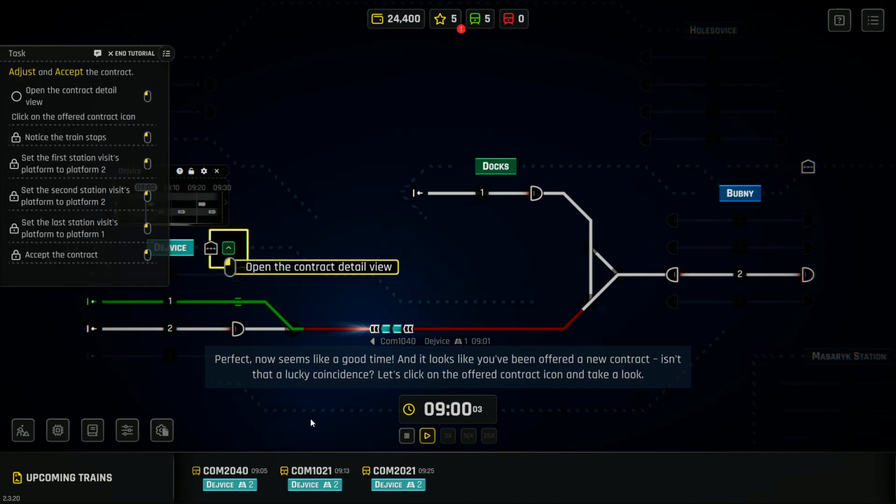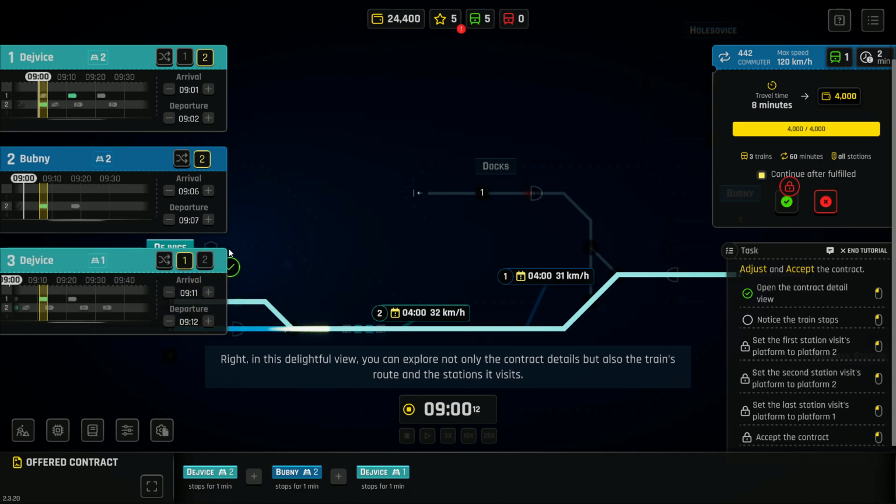Perfect. Now seems like a good time, and it looks like you've been offered a new contract. Isn't that a lucky coincidence? Let's click on the offered contract icon and take a look. Right, in this delightful view, you can explore not only the contract details, but also the train's route and the